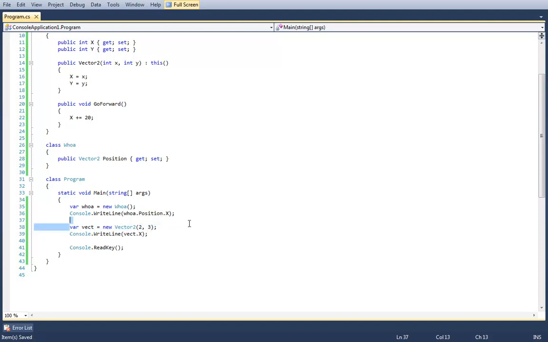Okay, line 38. Is this vect local variable on the stack or the heap? The correct answer is that I don't know. Seriously, I'm not kidding. It's not defined behavior.